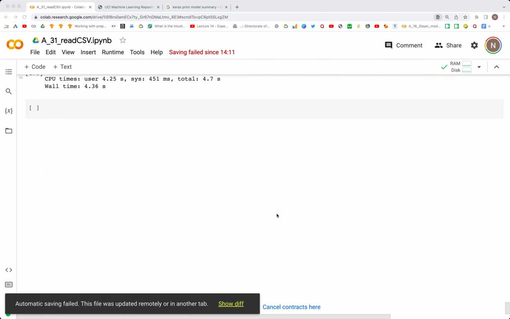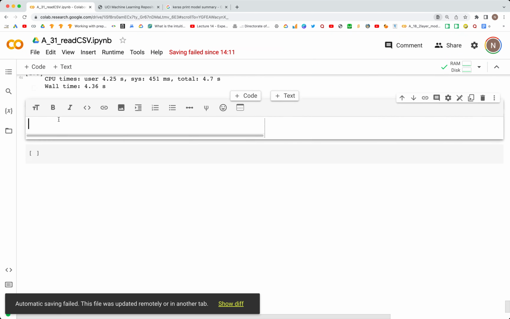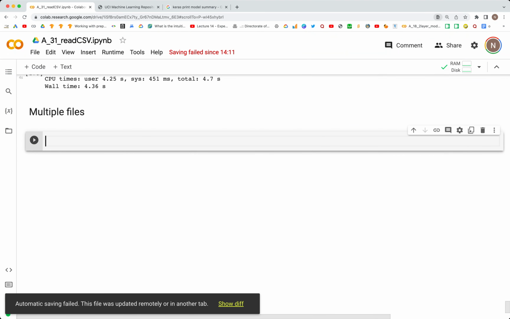Moving on now, let's look at how we can work with multiple files. Let's say we have a folder with multiple CSV files in it, how can we use tf.data to build a dataset from those files? So create a heading, multiple files, and for this we are going to use the dataset of fonts from the UCI machine learning repository. Fonts